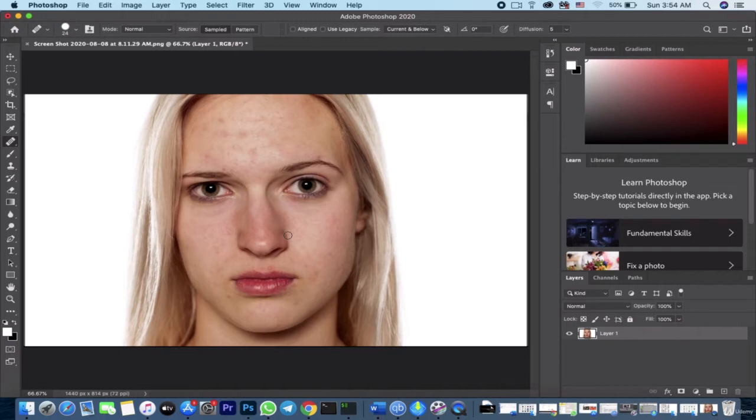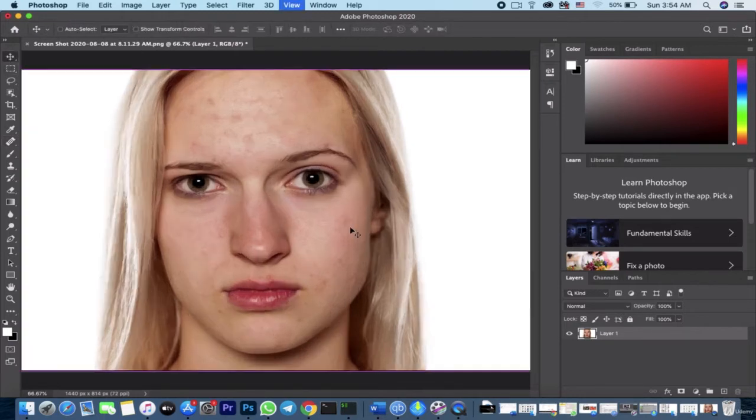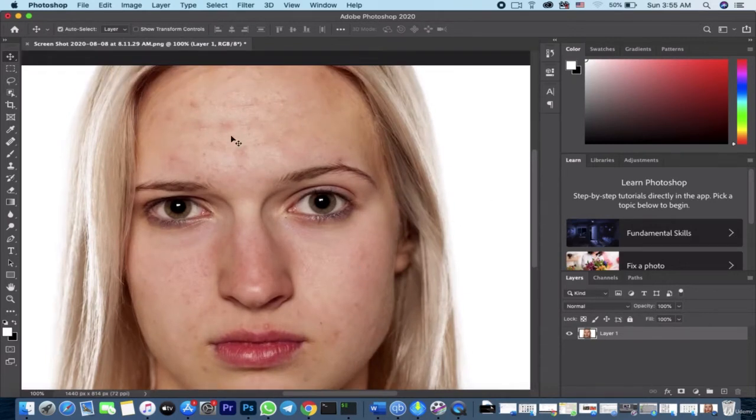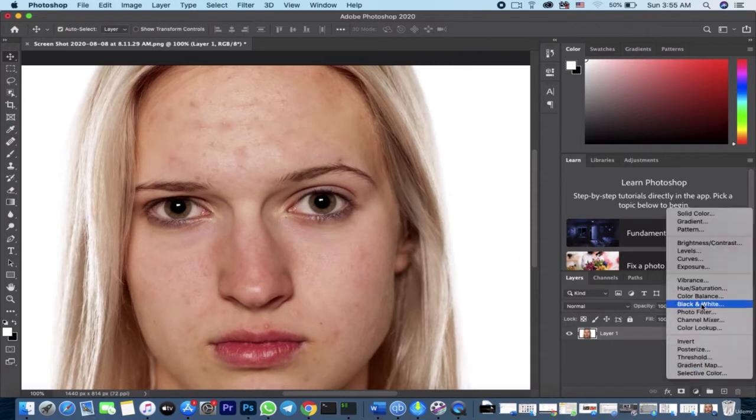Okay, so what I want you to do is let's zoom in on this picture. Now you can see all these blemishes on this lady's face. This is what is called the blemishes, and that's what we want to remove in Photoshop with this trick. So what you need to do is first come down here and create a black and white